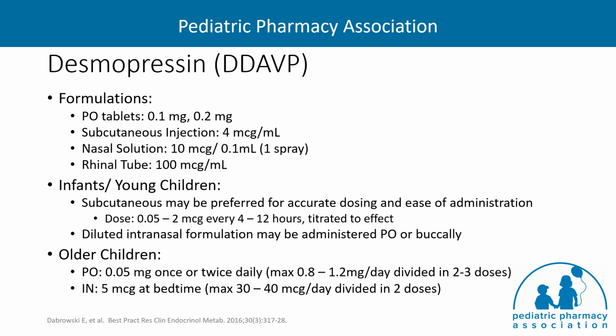These dosage formulations are not equivalent, and caution must be had when converting a patient from one dosage formulation to another, ensuring to account for absorption differences between oral, intranasal, and subcutaneous. Nasal liquid is available for rhinal tube administration, and there's also an intranasal spray that has very set increments and requires diligence for proper administration, which can be further complicated if the patient has facial anomalies or an upper respiratory tract infection. The smallest oral tablet size is 0.1 milligrams or 100 micrograms, which can be manipulated for some patients